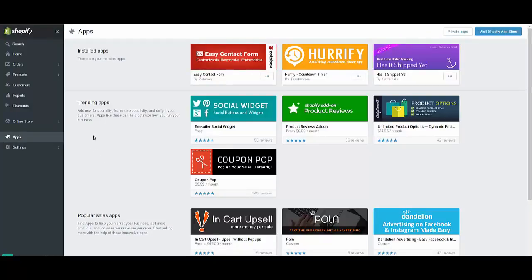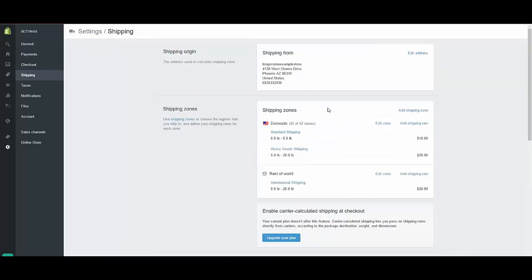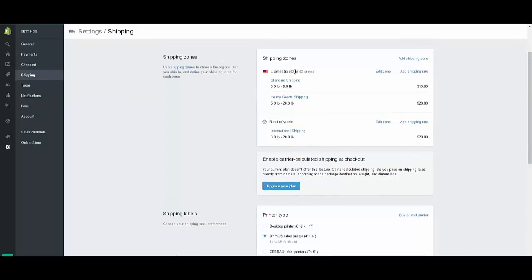Okay, so when you're in your store, come on over to Settings and click on Shipping. And right here you will see some shipping, the shipping zone, and a couple different shipping rates, but we are going to set up a lot more than this. Okay, you don't need to worry about the shipping labels. The only thing we're worried about is the shipping zone, and the only one we're worried about is the domestic zone right here. Okay, so now standard shipping we need to change. So click on the standard shipping